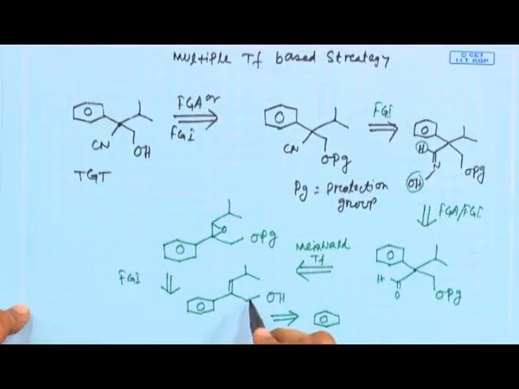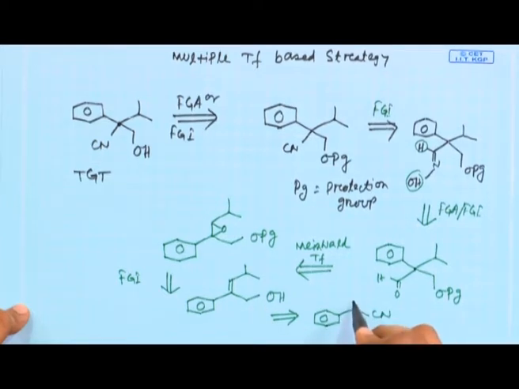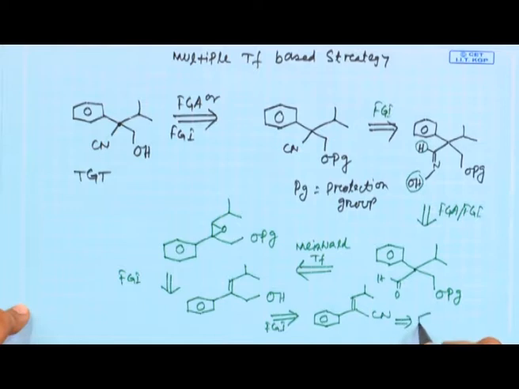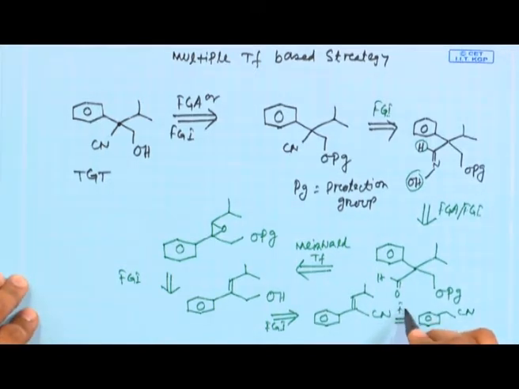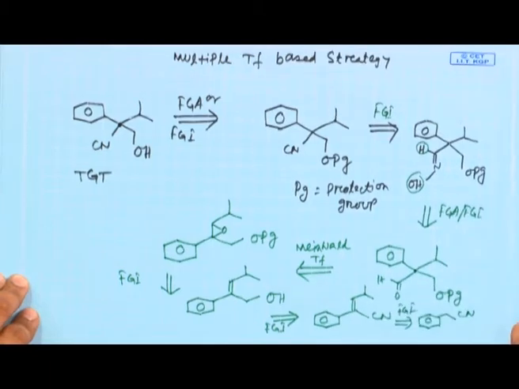Now, this primary hydroxy group we are putting in a different way; we will be accessing this primary hydroxy group through a cyano group. Some of the reactions we are not discussing now, but we will discuss them when we talk about the forward pathway. Then this cyano will come from a benzyl cyanide through an intramolecular aldol reaction. So, all are FGI based on a couple of interesting transformations. Now let us go back to the forward pathway.